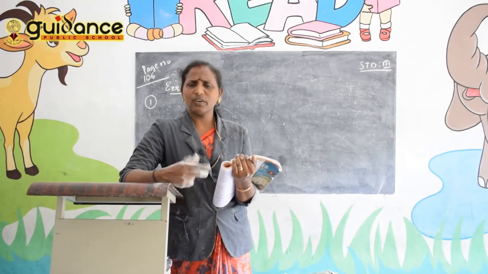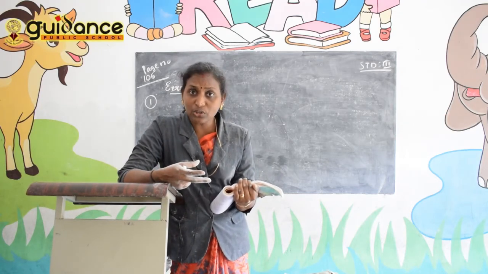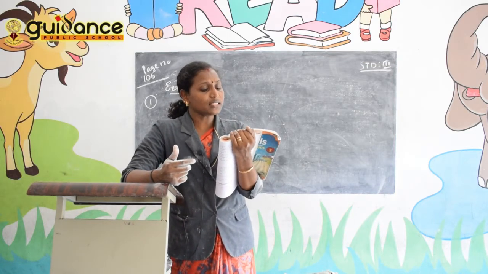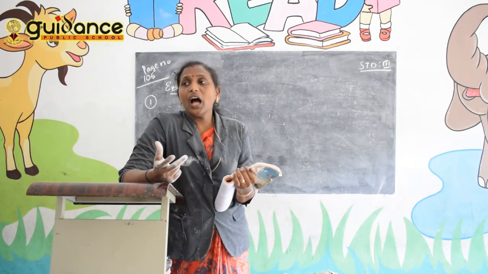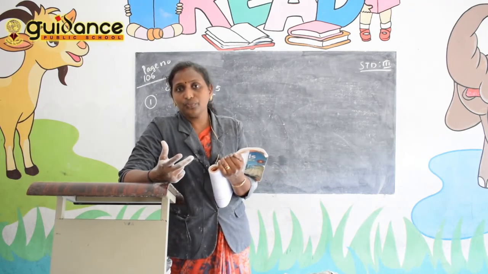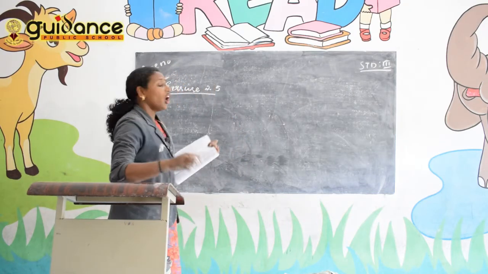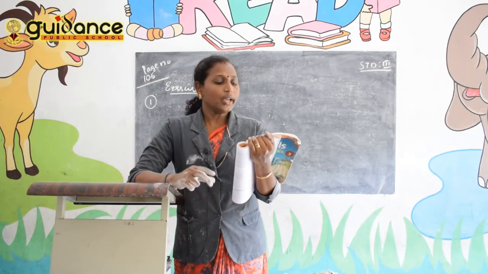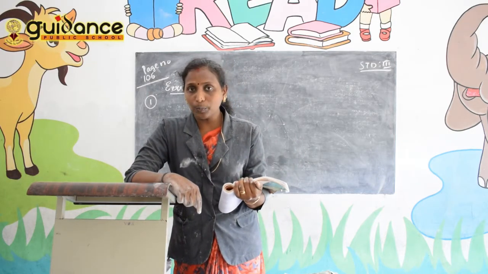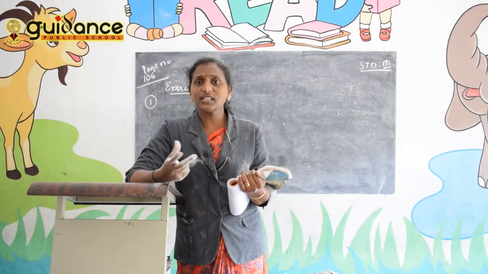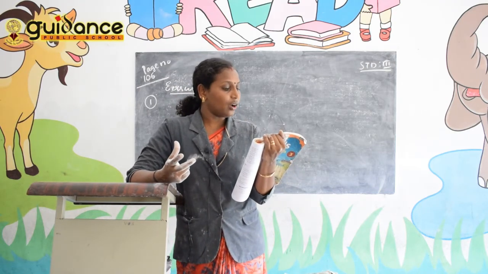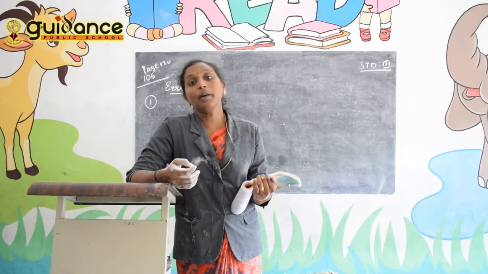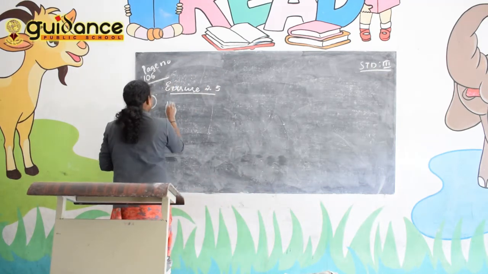He bought a chocolate. What is the amount of the chocolate? 18 rupees 50 paise. How much money was left with him? So what is our question? To find the remaining amount. On his hand, how much amount is there? 20 rupees. He bought a chocolate for 18 rupees 50 paise. So how much money was left with him? That means the balance amount, the remaining amount.